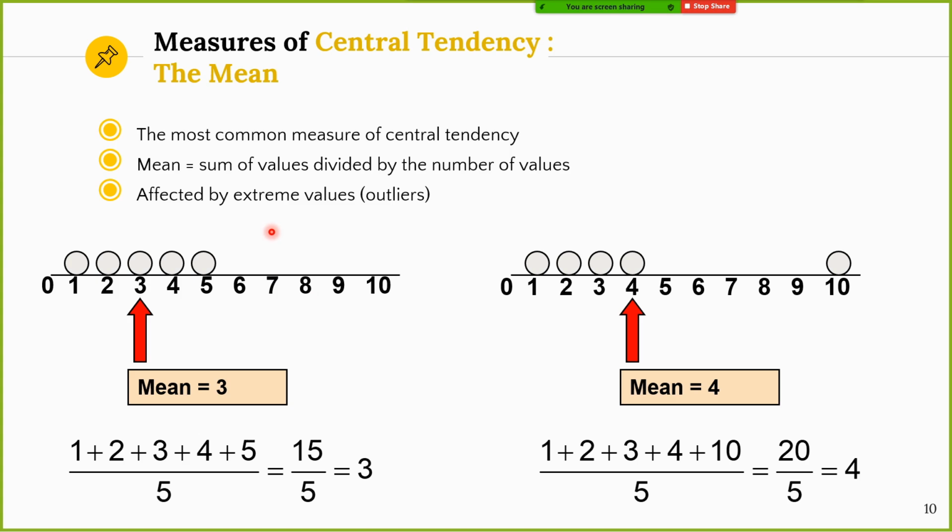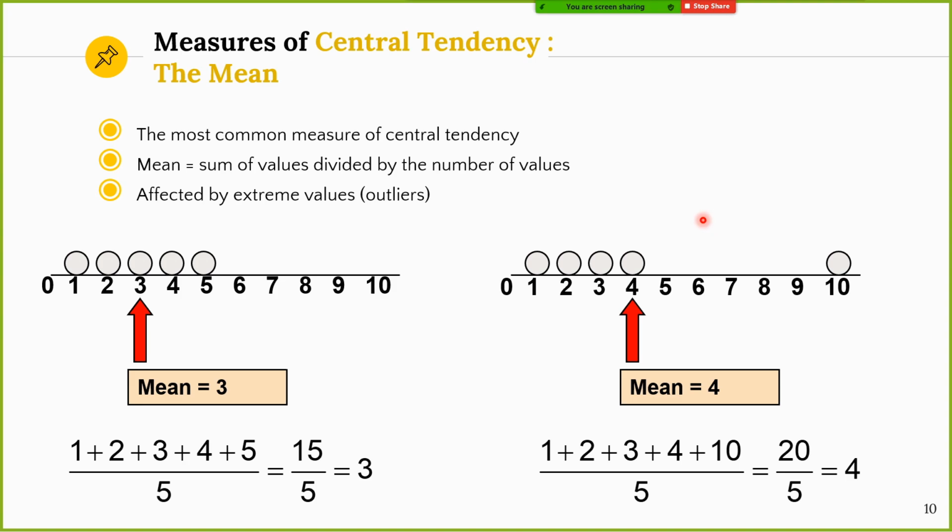As you know, the mean is the average, the sum of values divided by the number of values. You can see in this picture, we have the data 1, 2, 3, 4, 5. How to calculate the mean is very simple. You just sum all of these: 1 plus 2 plus 3 plus 4 plus 5, divided by the number of data that you have. You have 5 samples. So divided by 5, you have 3. Simple. Okay.